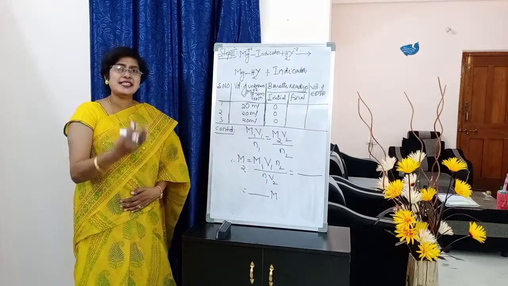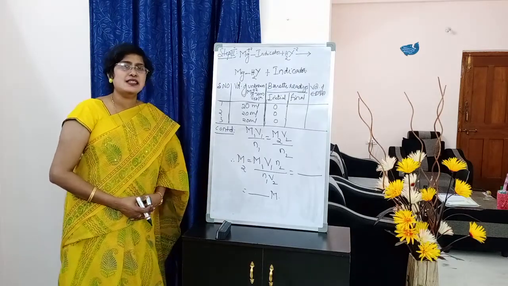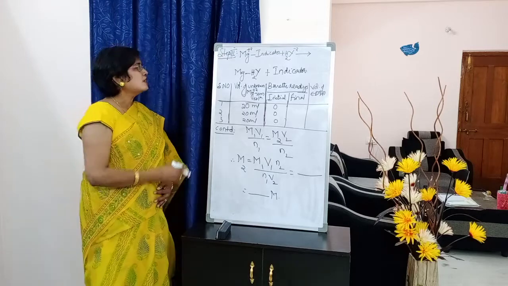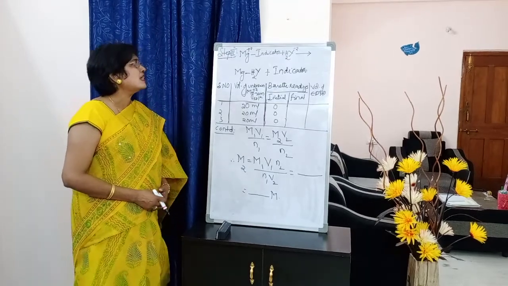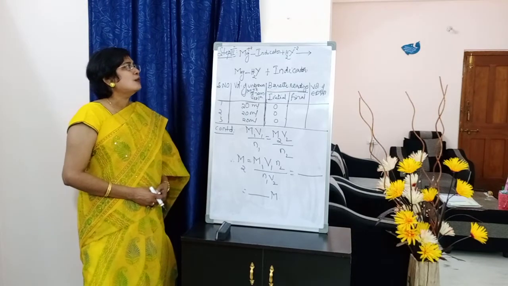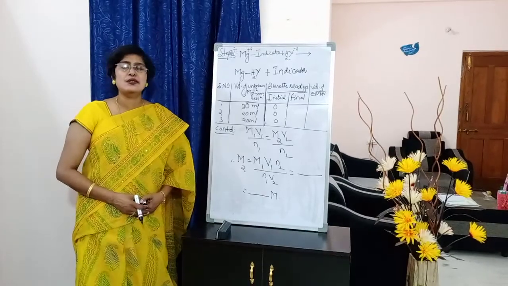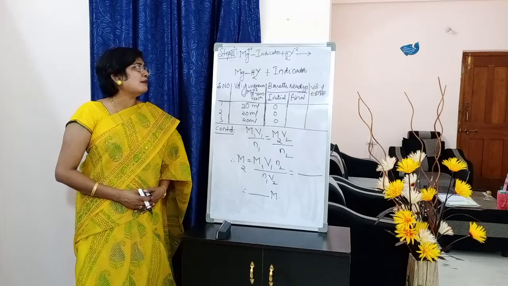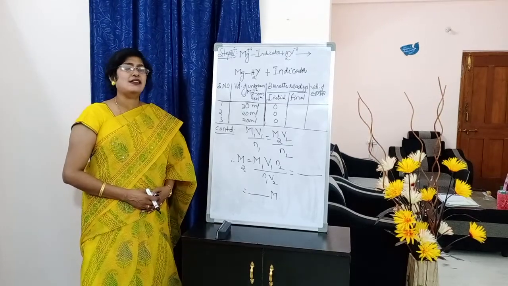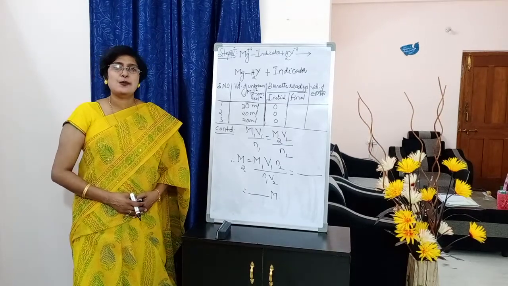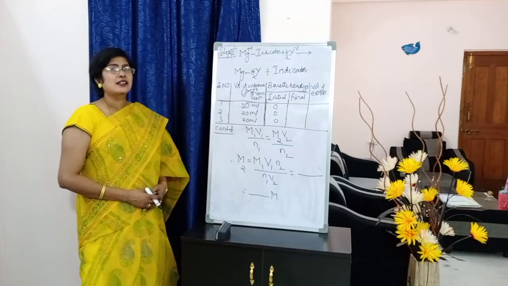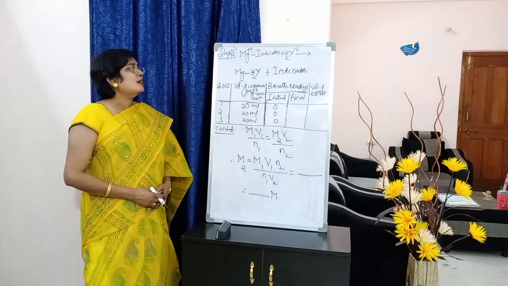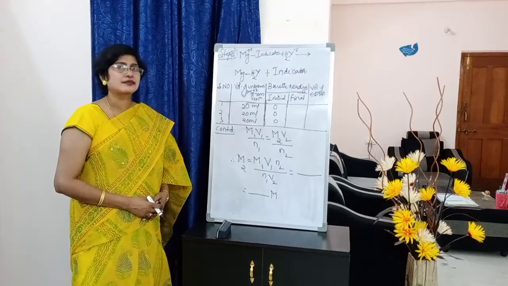Okay. So next, below that, put the side heading step 3. It's also there on the board. Step 3. The same reaction, students. Mg2+ indicator plus H2Y2-. Students, if you cannot remember H2Y2-, you can directly write it as EDTA. No problem. Gives rise to MgH2Y or Mg EDTA plus indicator.